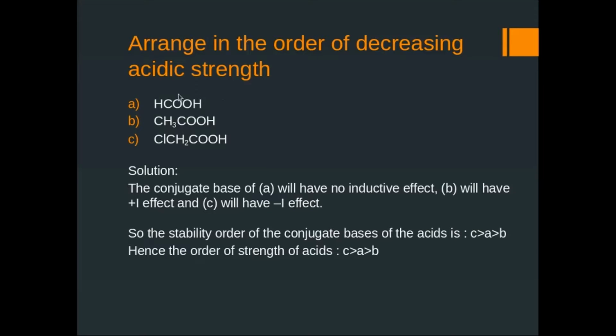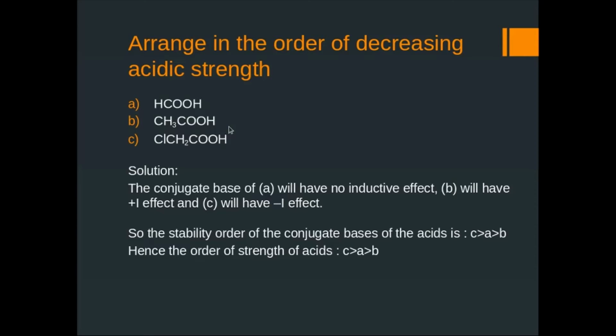Also, we have to remember that oxygen also shows some withdrawing effect, and this withdrawing effect is different from the minus I effect, which we will learn later. But it is constant for all three molecules, as you can see. So the maximum distribution of negative charge over the entire molecule is for chloroacetic acid, and so the anion, or the conjugate base, gets stabilized. And so the hydrogen ion is released in the solution.